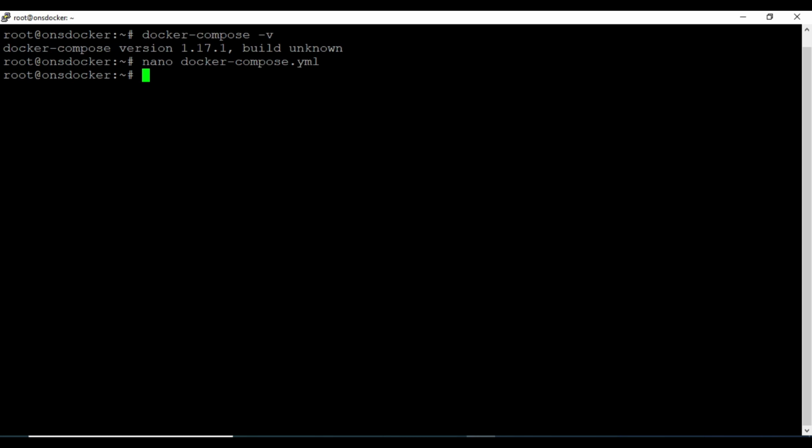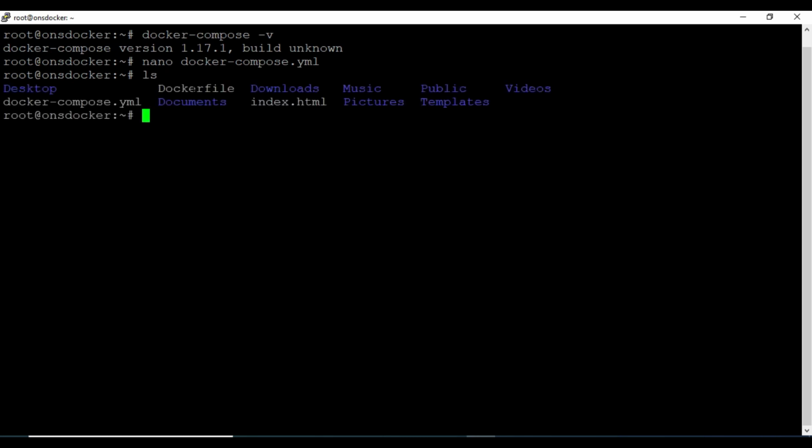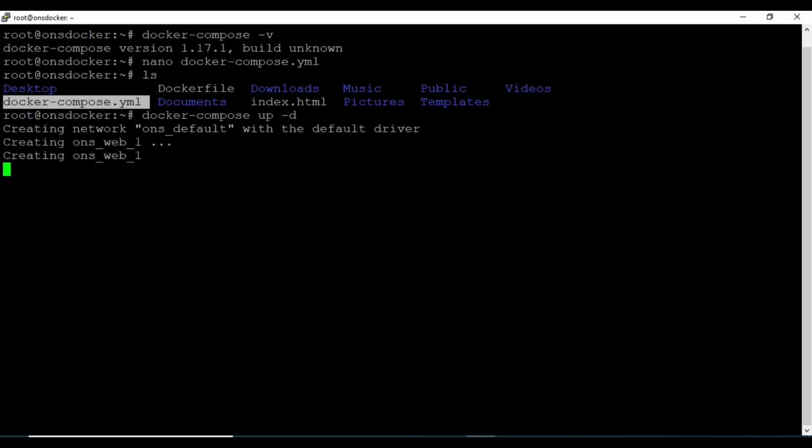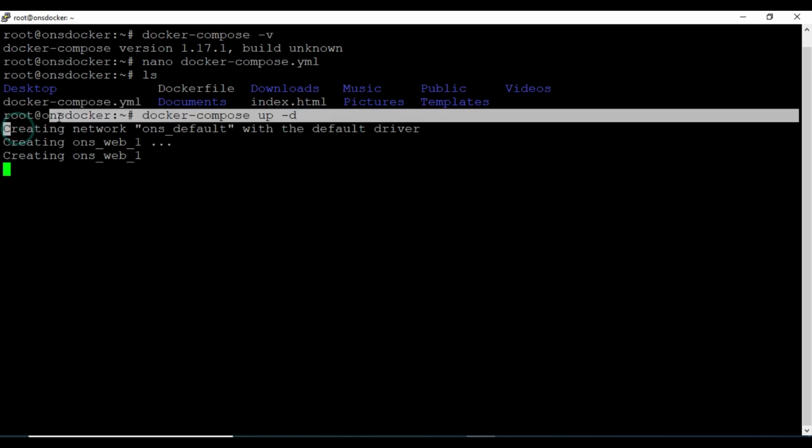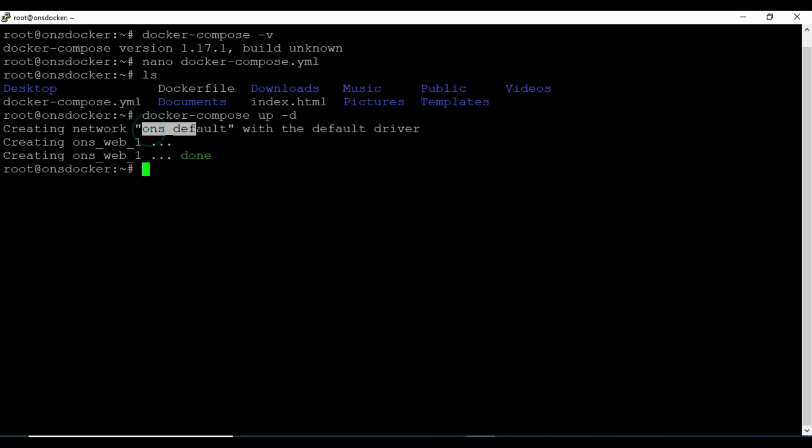So firstly we will check that the Docker Compose file we created exists in our directory or not. You can see here that yes, the Docker Compose file exists. So you have to type docker-compose up -d so it will run in the background. Click on enter. You can see here that it is creating network ONS default with the default driver